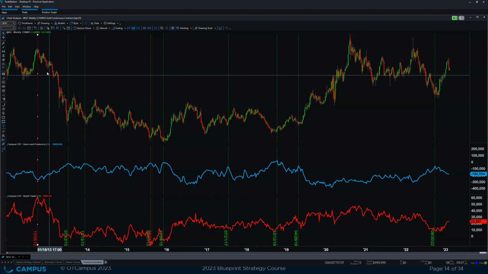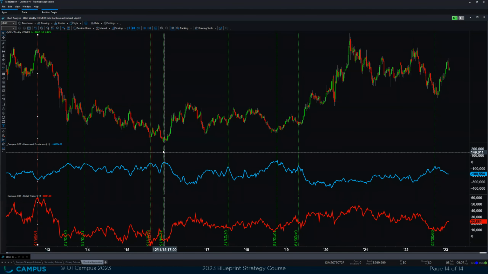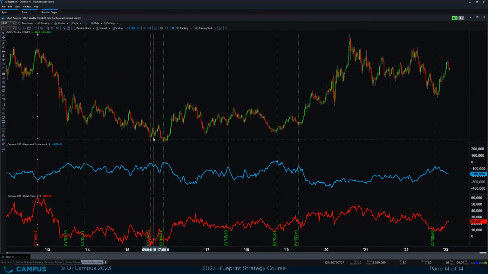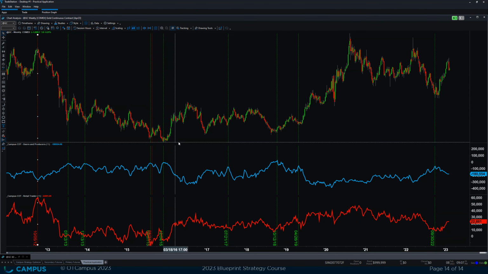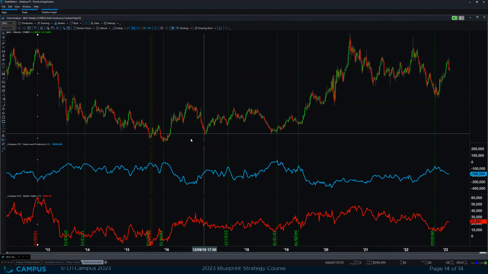They were most bullish right before a 3-year bear market, the only bear market ever recorded in gold. Right before that, it was the most bullish that they've ever been. And then they were the most bearish right at the bottom of that bear market, where then we went into a bull market that lasted almost 8 years now, right? And so